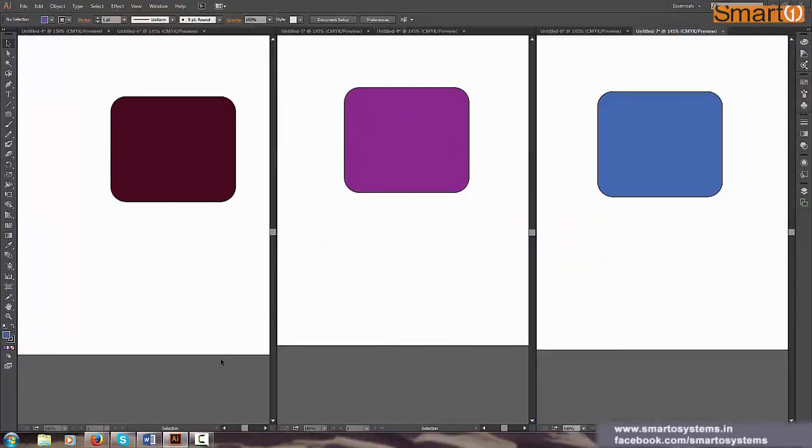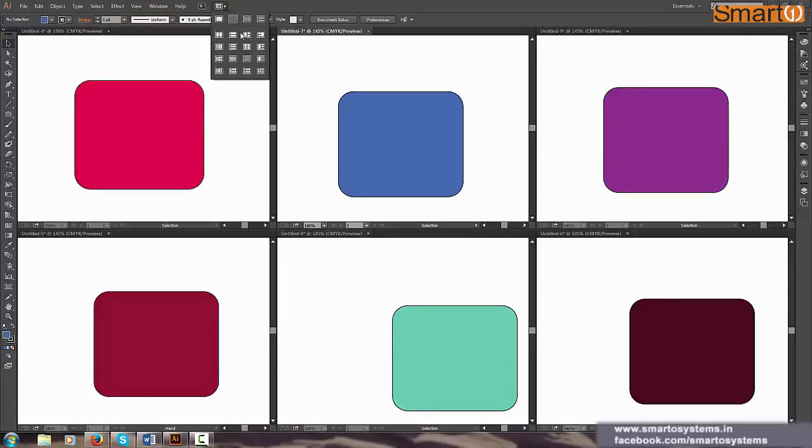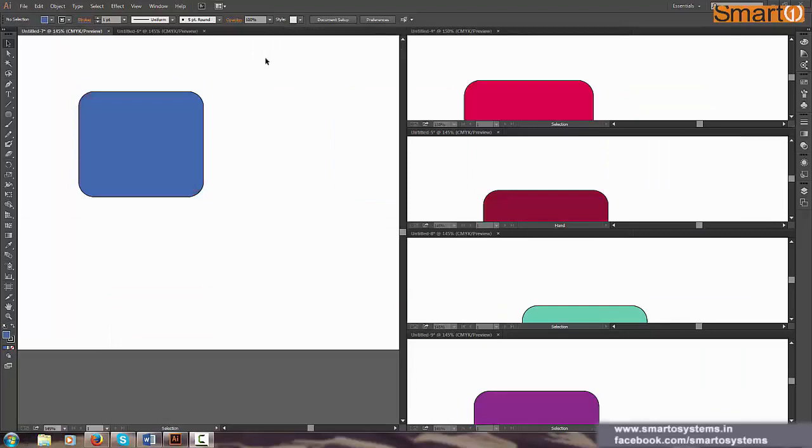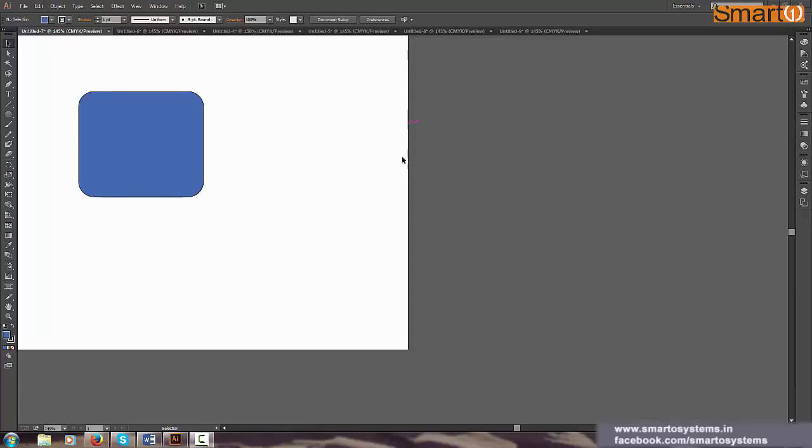And like this, there are so many options. There are different options actually. You can explore all of them, and you can see what you need at a time, and what suits you best. So I use them occasionally, but most of the time I work on this. I like this kind of arrangement where it's one file at a time. Even if I want to compare, I generally export them and compare immediately. So everyone has a personal preference. You might want to compare them at the same time. I don't. So it's up to you.